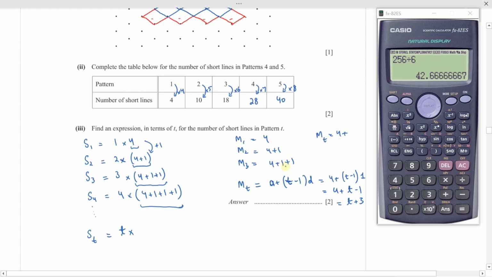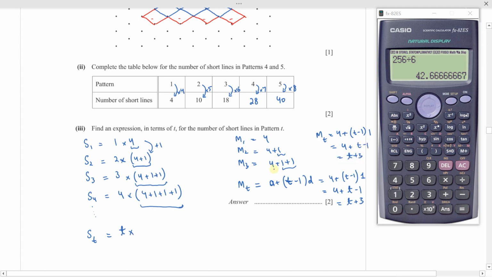So you add how many ones here? You're adding 2 ones for the third term. Here you're adding just one for the second term. So each time you're adding one less than the term number. So here you're looking at the tth term, so you're adding t minus 1 ones. So for the third term, we added 2 ones. For the second term, we added just 1. So for the tth term, we will add t minus 1 ones. So this will be 4 plus, again, the same t minus 1, which will give you the same answer,